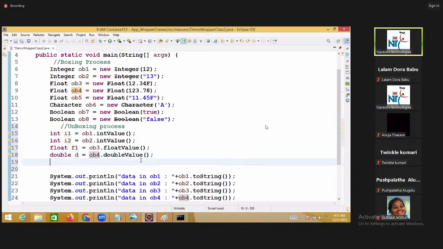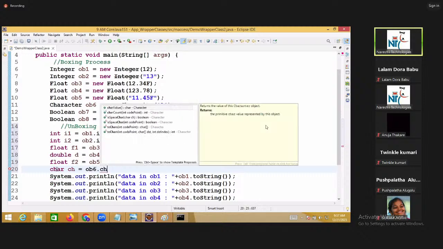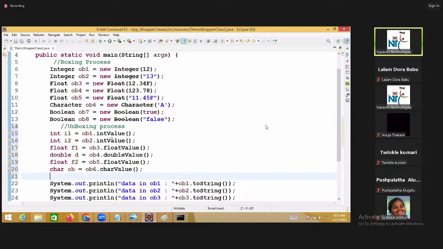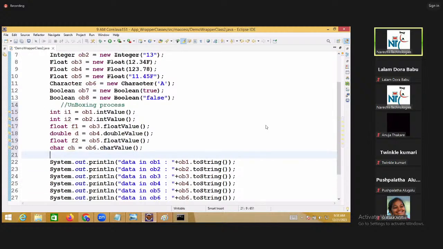Now, what is the next one? Float only. Float f2 is equal to ob5 dot floatValue, coming from ob5. From ob6, a char value is coming. Char ch is equal to ob6 dot charValue. Sir, boolean is coming now.